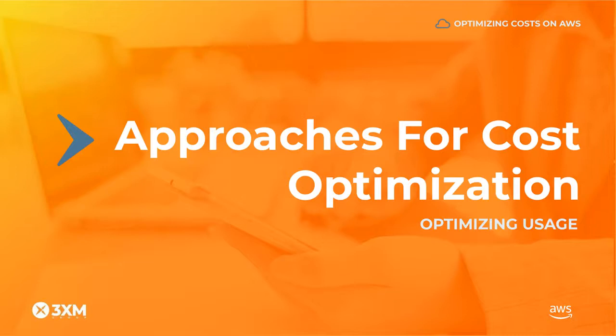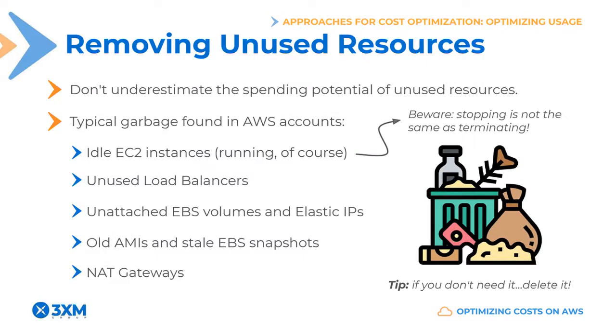Note that generally speaking, the applicability and potential impact on savings of each of the strategies we're going to see is relative to the workload and situation at hand. That being said, it's pretty common to find unused resources in AWS accounts. We've already seen how cloud costs, in this case AWS costs, are strictly tied to usage. So it goes without saying that we should be careful to provision only the resources we need for however long we need them, and then turn them off when we're done, right?